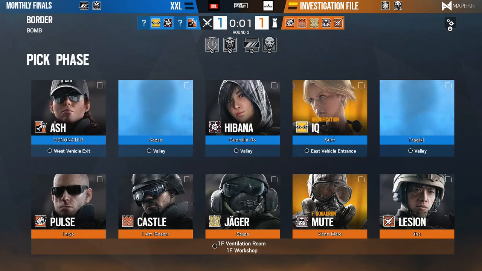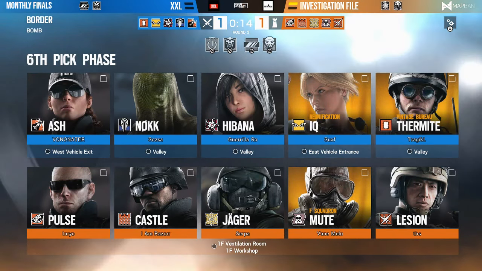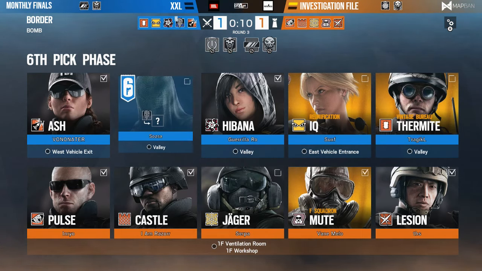So we'll be back downstairs to ventilation and workshop. So we can't actually... So the knock is going to have to be 6-picked. Yeah. Or team killed. One of the two. I don't even know if you're... I know that this happened in one of the quals that they accidentally...